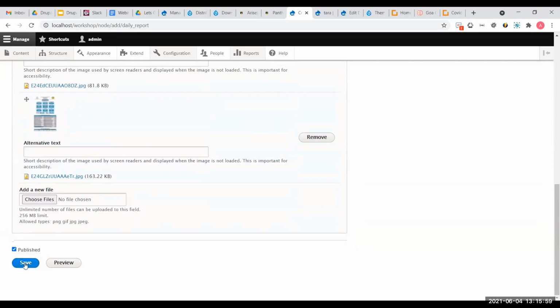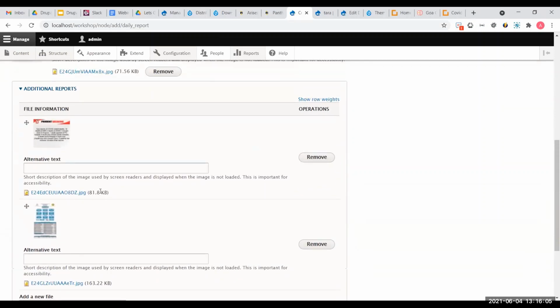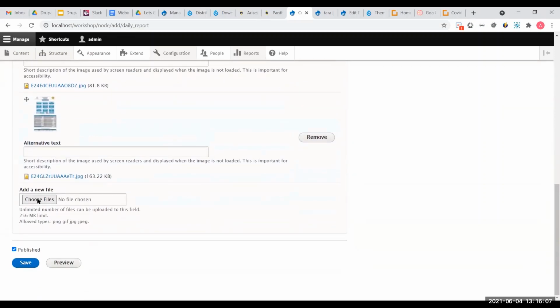Also, you can see there's an option to add more files. Since we selected the field as an unlimited image field, we can upload an unlimited number of images. I'll save my first report here,